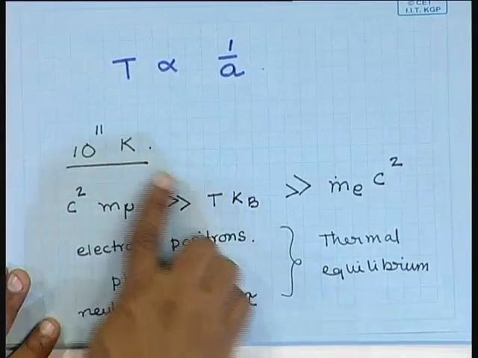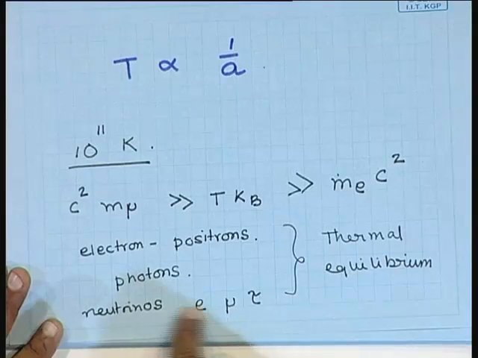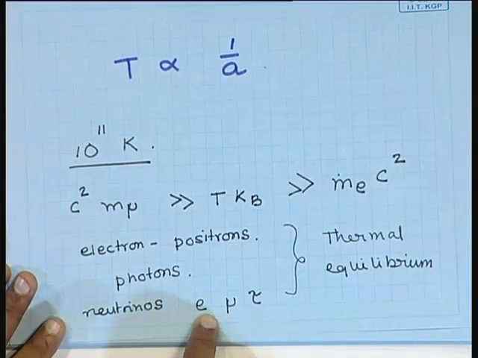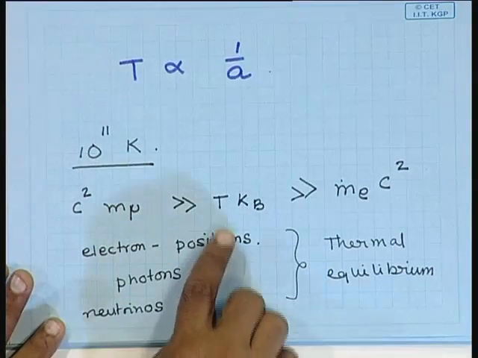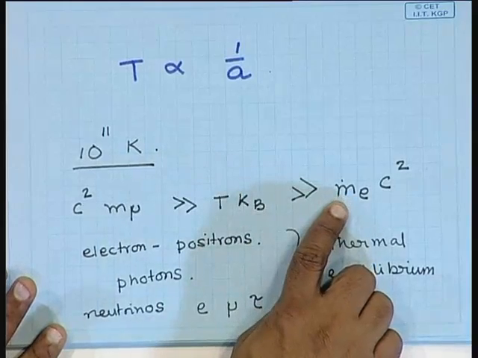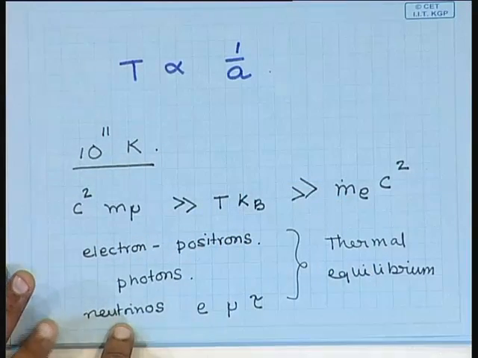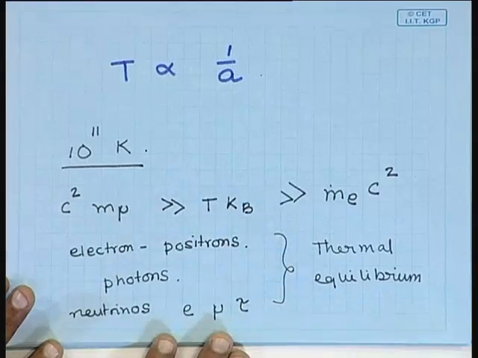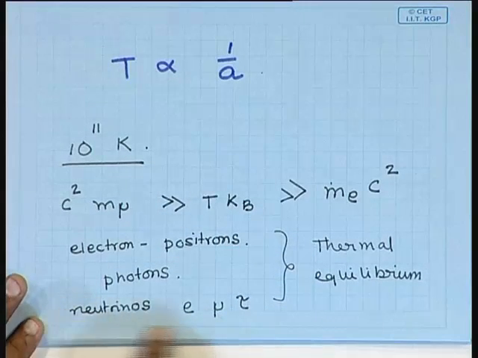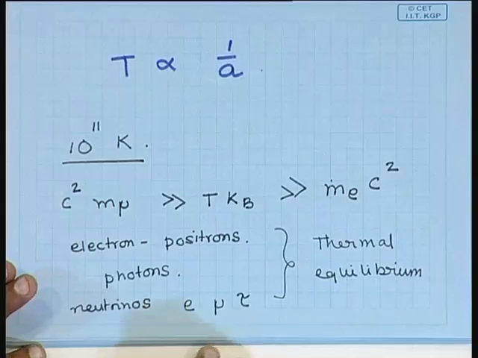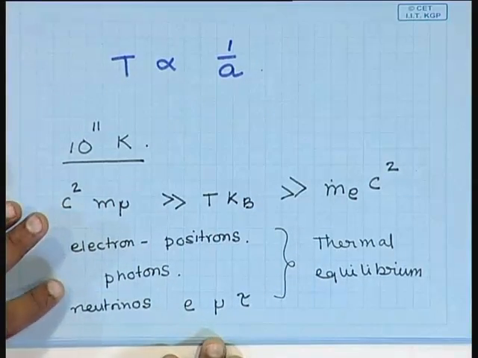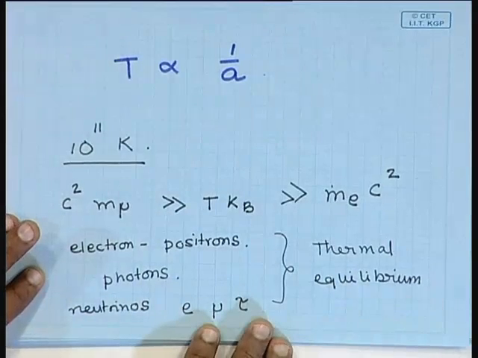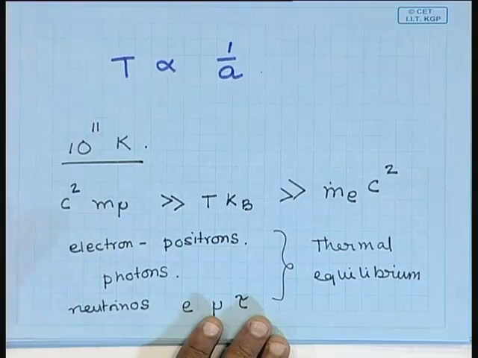So, if the temperature is less than the neutrino mass, the neutrinos and antineutrinos would annihilate, because they are in equilibrium, and the neutrino number density would then be tremendously suppressed, just like the electron-positrons annihilate when the temperature falls below the mass of the electrons and positrons. Similarly, if the neutrinos had a mass larger than 10 to the power 11, so if the neutrinos went massive when they were in equilibrium, then the neutrinos and antineutrinos would annihilate, and the number density of that species with mass would be